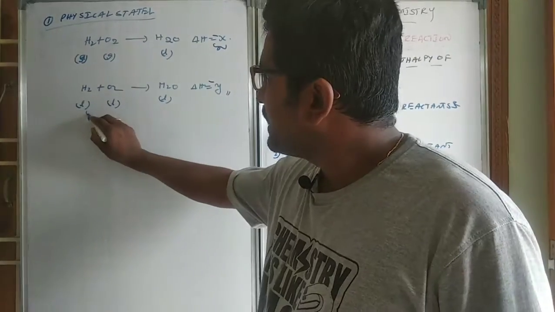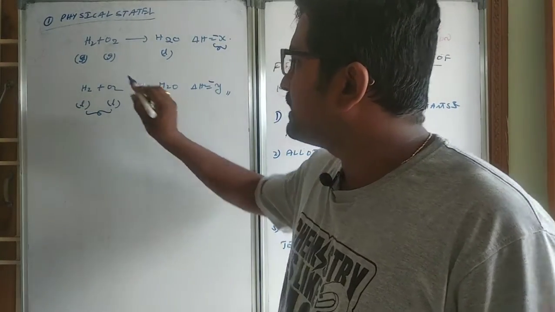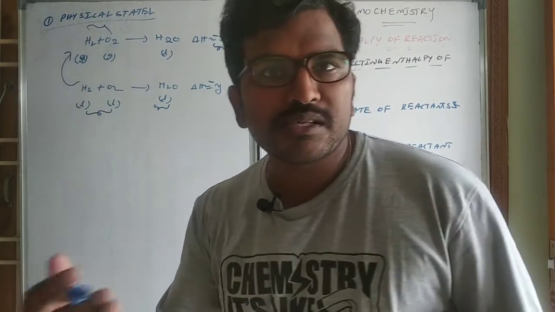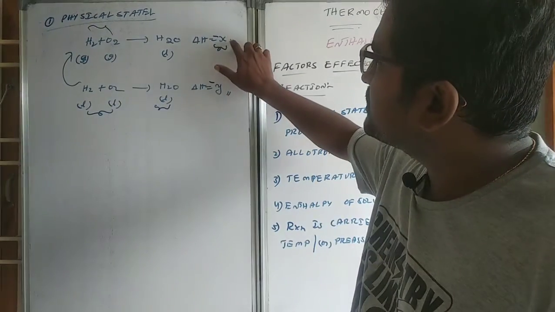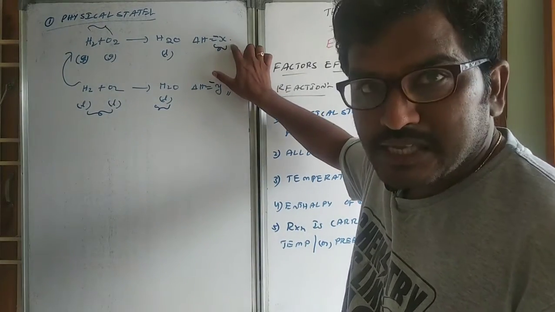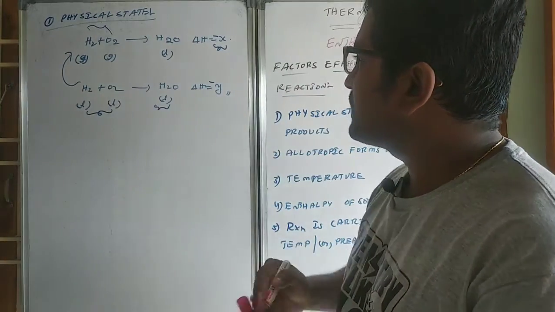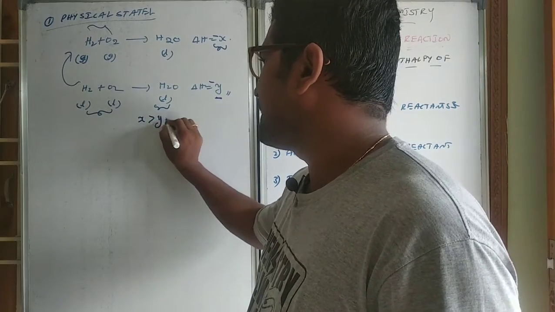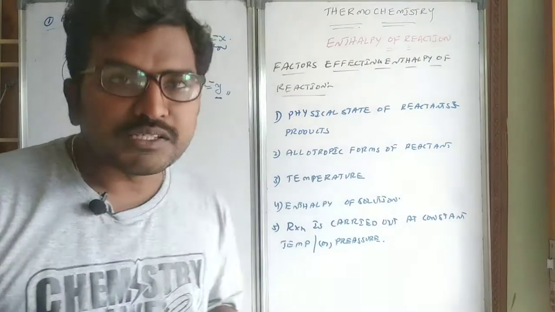And here you see liquids are present and they are forming liquid, means to convert this liquid into gas, you have to supply some amount of energy. So that's why some amount of energy will be absorbed from this energy and it gets converted into the gas. So that's why Y will be formed. So always X will be greater than Y. Why X will be greater than Y means, listen carefully.